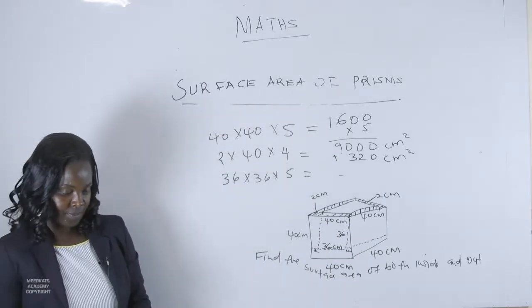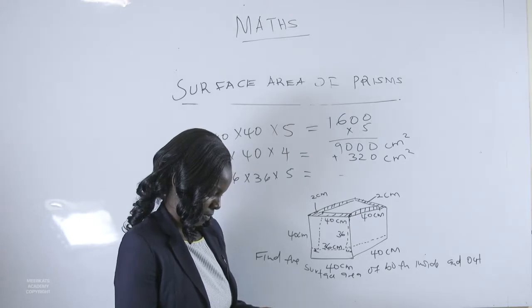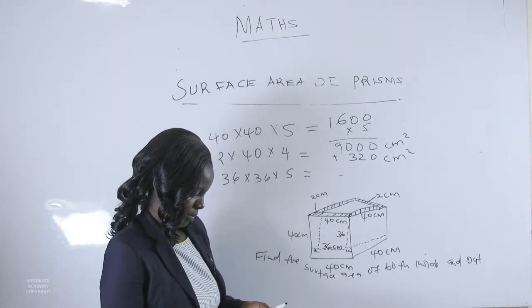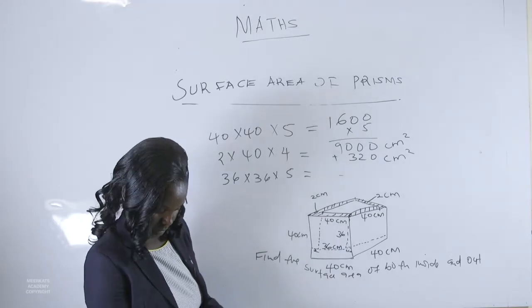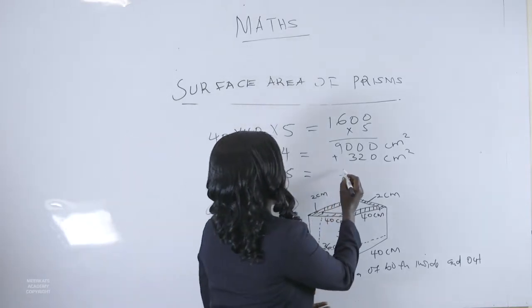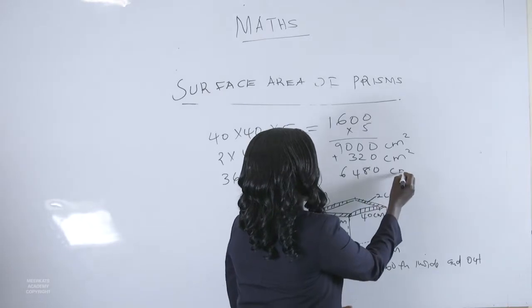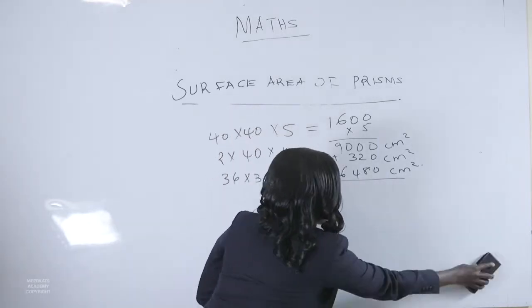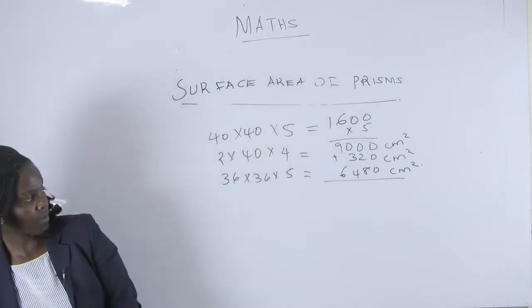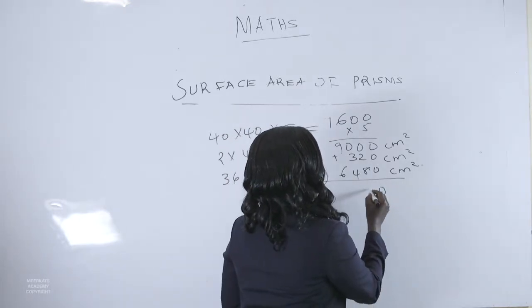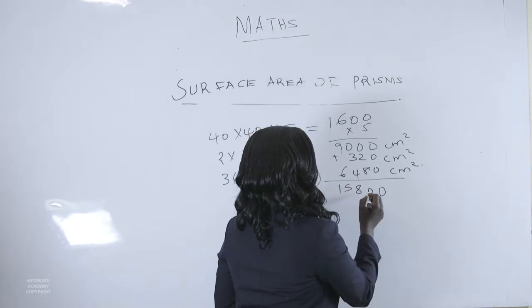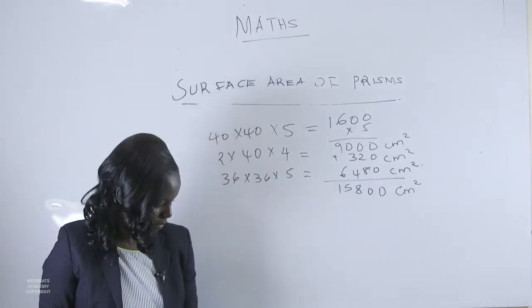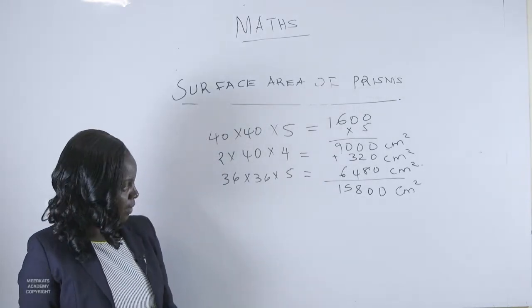So if we calculate, the total surface area, 15,800 square